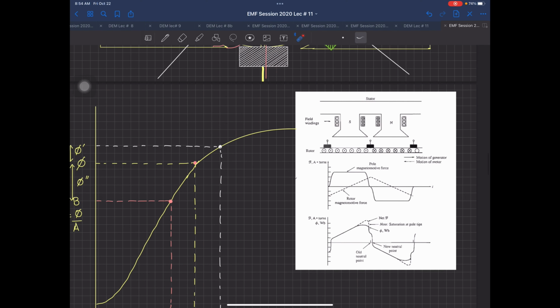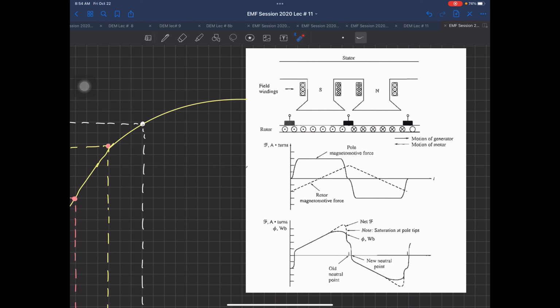Okay. Now, on this diagram, I have taken this one from the book, because the book is also explaining this part. I have a north pole over here and a south pole over here. These are again the same conductors with crosses and dots, the same configuration, but they have made it a developed diagram. I have made it circular so that it was easy. Now they have shown it as crosses and dots.